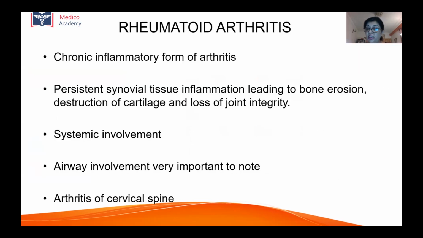Rheumatoid arthritis is a chronic inflammatory form of arthritis. It affects about 1% of adults. It is more common in women than in men, and it is characterized by persistent joint synovial tissue inflammation leading to bone erosion, destruction of the cartilage, and loss of joint integrity. It is a systemic disease affecting multiple organ systems